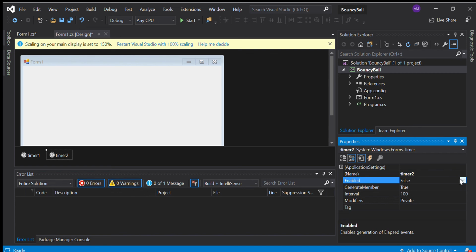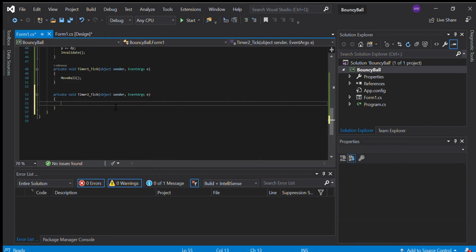Enabled has to be true. The interval has to be 1. And then press on the lightning strike and double tap on that, and then it makes an